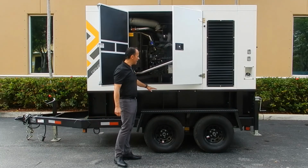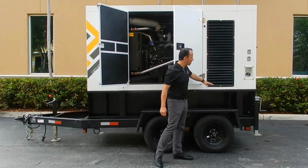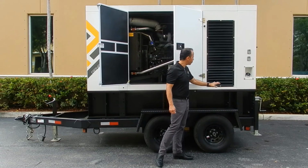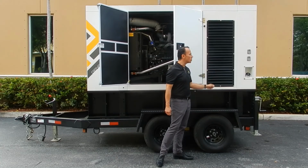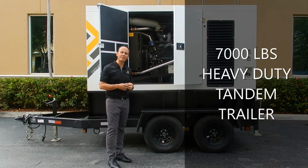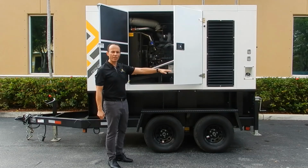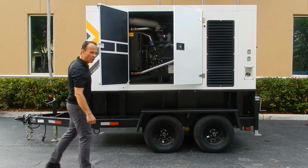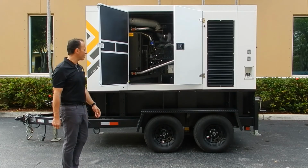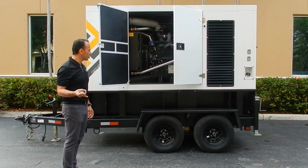And the tank, on the very end of it, comes with a special draining system in order to drain any water that could pass through the louvers inside of the unit when the unit is running. Now the trailer. On this unit today, we have a 7,000 pounds tandem trailer. At the back of the unit, we can see two 7,000 pound jacks, one at the front also. And also the fuel tank comes with all the system protections for low fuel level, leak detection, as I mentioned